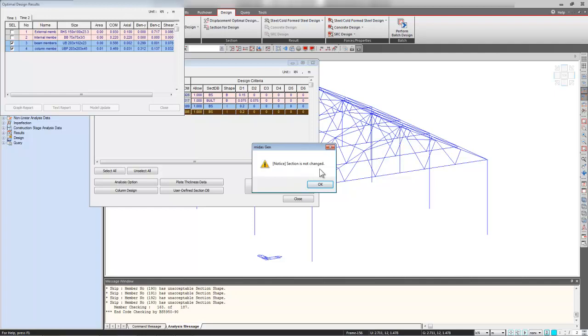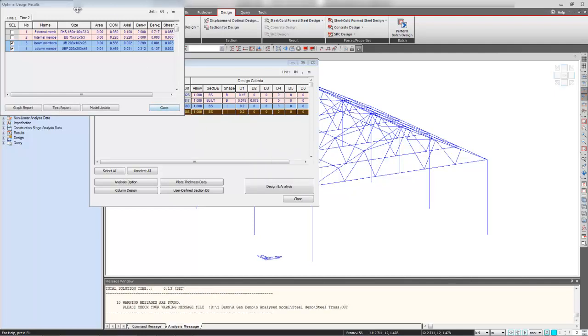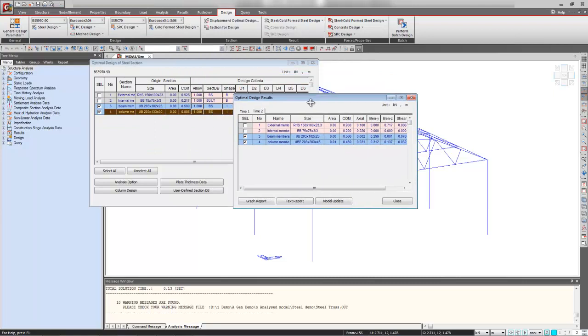So it says the section is not changed. That means by changing the section property one time, the third time it did not think of changing it further, because no other section property was making it more optimal. Now before it was 203 by 102 by 23. It's the same for the first time and the second time, but as we can see over here for the columns it is 203 133 30. So it has modified that,